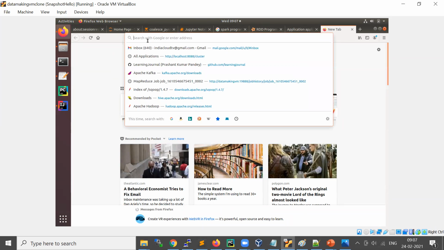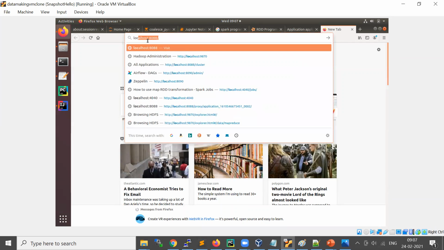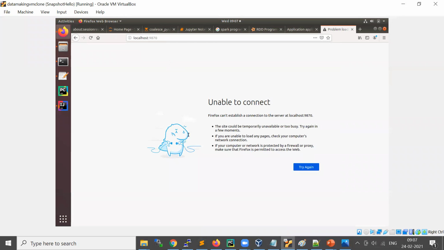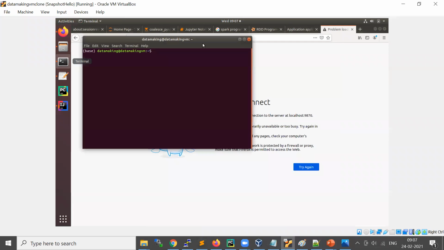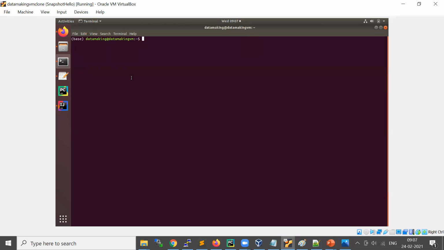To access your name node web UI, you say localhost:9870. Okay, so I think my processes are not running. To start your HDFS related services, you can use start-dfs.sh.